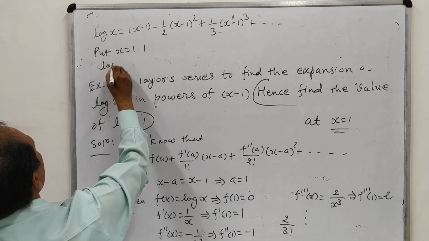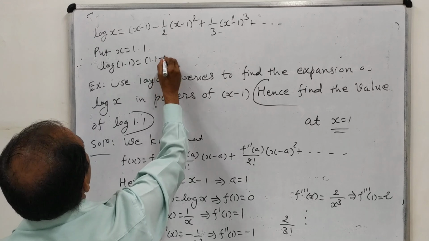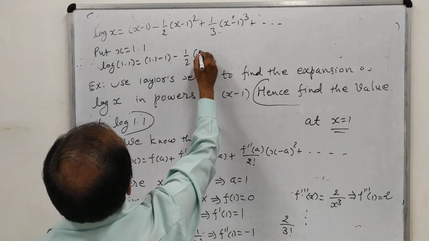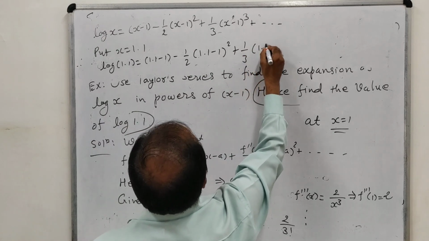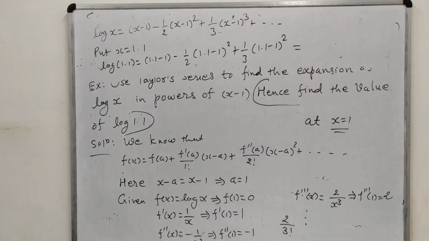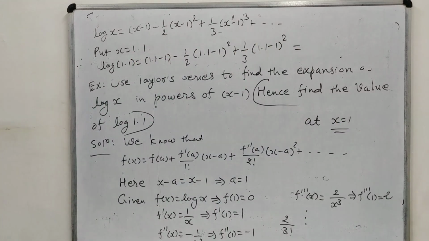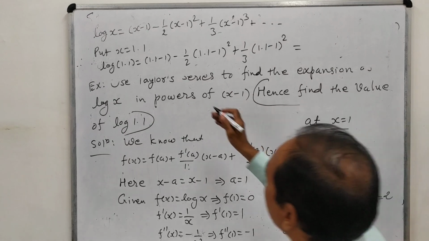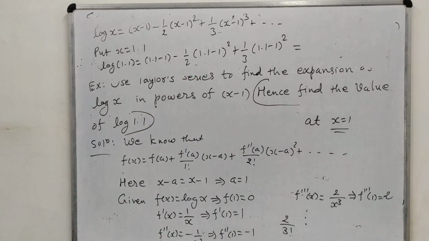So log of 1.1 now has the value (1.1 minus 1) minus 1 half (1.1 minus 1) square plus 1 by 3 (1.1 minus 1) whole cube. We will not write down the dot dot dot here. We are using only the 3 terms that we have obtained, and by using your calci we can find the value very easily,